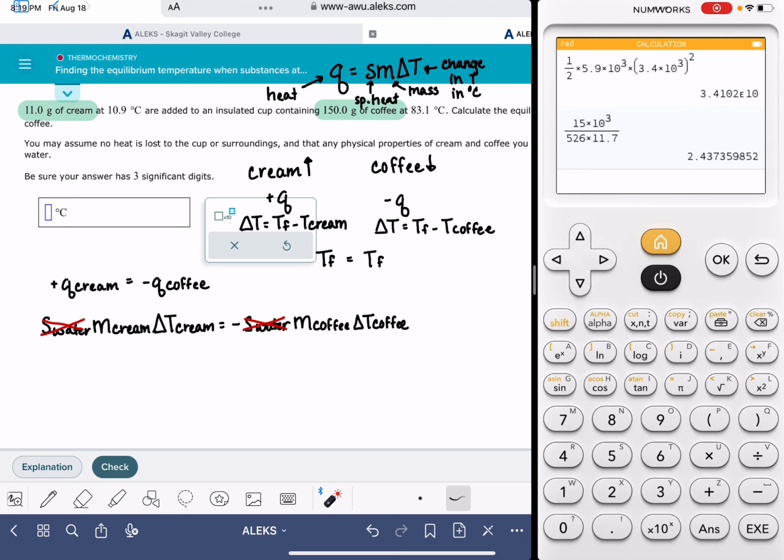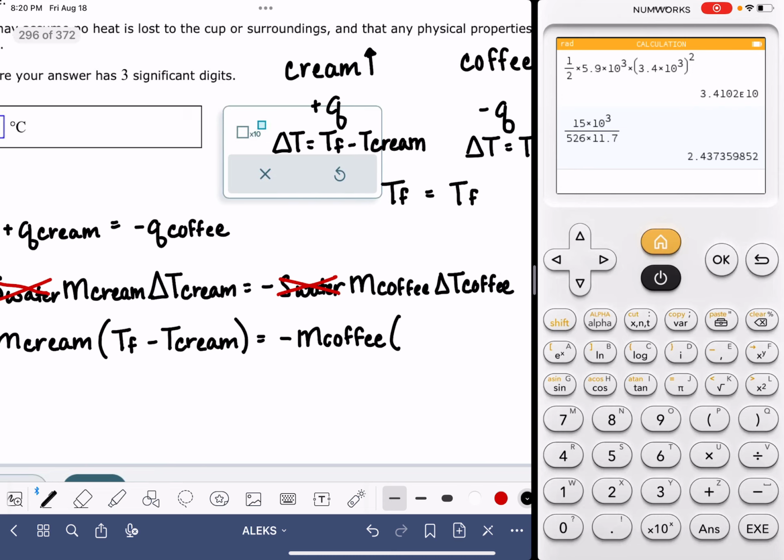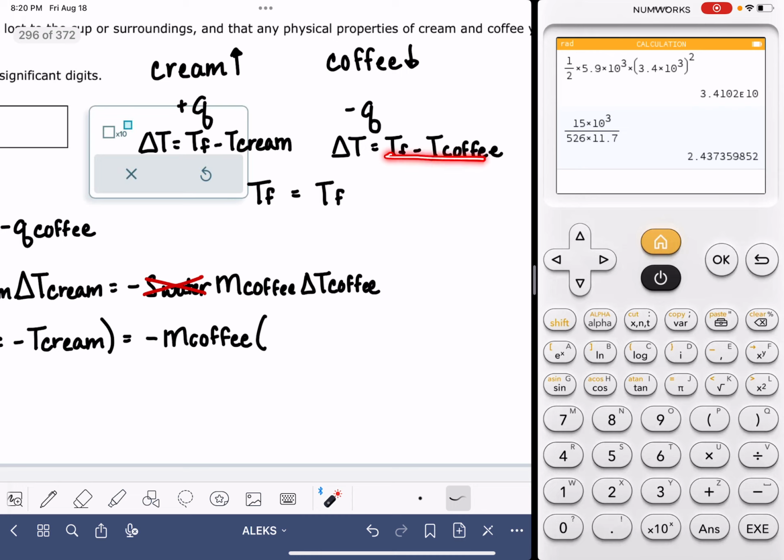So what I'm going to do next is, for delta T cream, plug this in that place. So I have the mass of the cream times the temperature change, delta T, for the cream, which I'm going to write as T final minus T cream. The T cream term is my starting temperature for the cream. And that is equal to, do not lose this negative sign, it's so easy to lose this negative sign, negative mass of the coffee times, instead of writing delta T of the coffee, I'm going to write T final